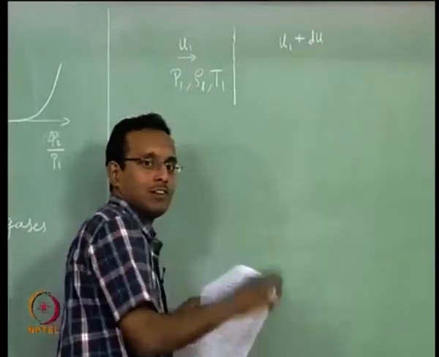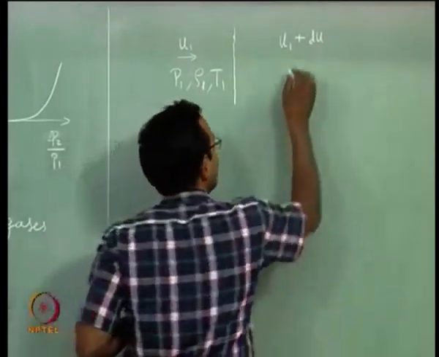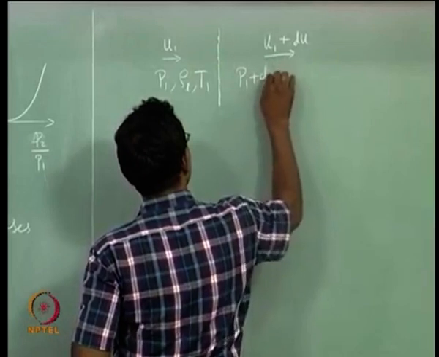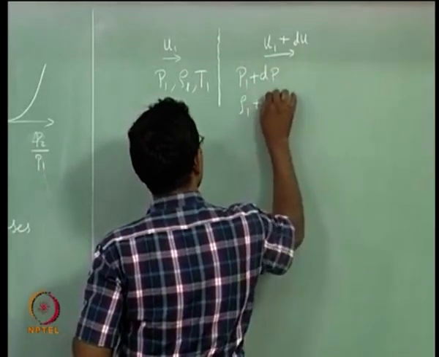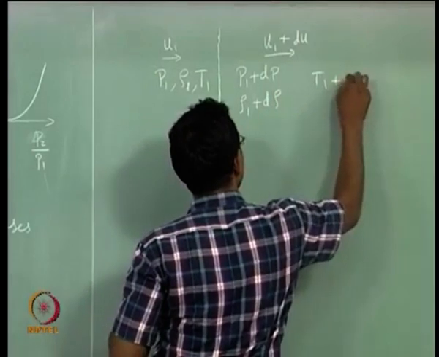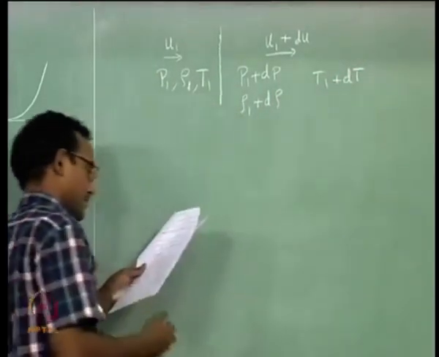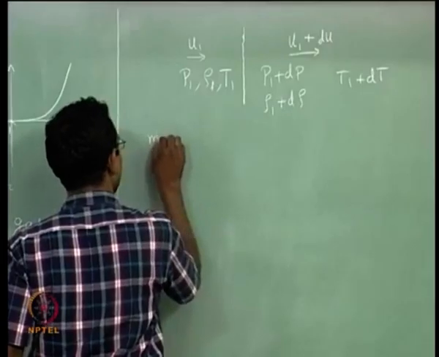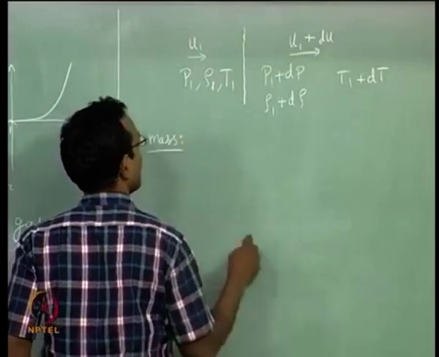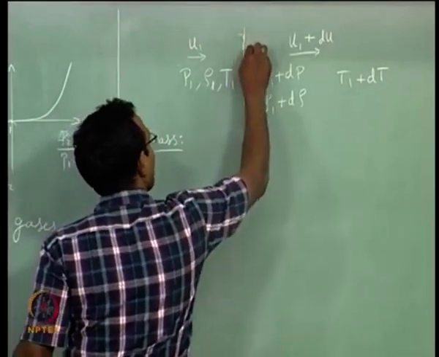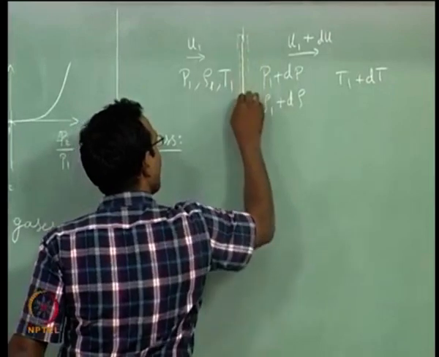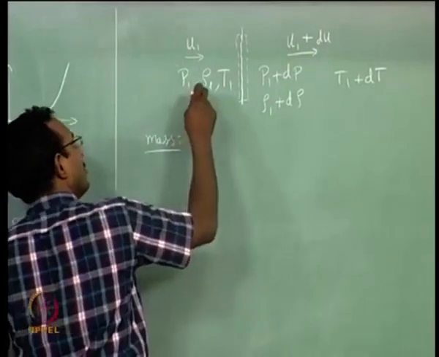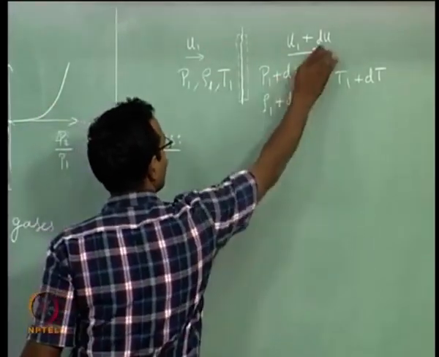If du is positive, then velocity increased. If du is negative, velocity decreased. We will just keep it as some variable. Okay. And then this will be P1 plus dP, ρ1 plus dρ, and T1 plus dT. All this will happen. Now, let us do mass conservation across this. I am going to pick a control volume across this wave and I will make it a constant area control volume. So, I will just have ρ1 u1 equal to this density into this velocity.